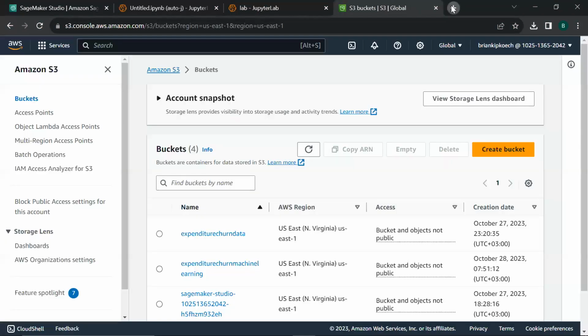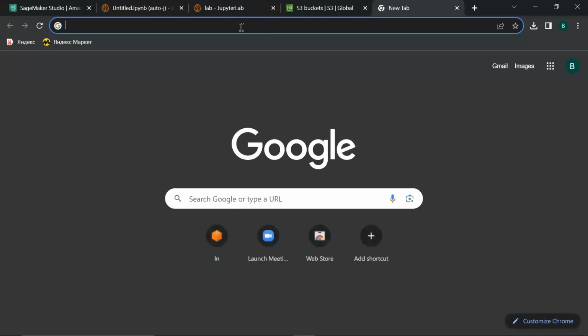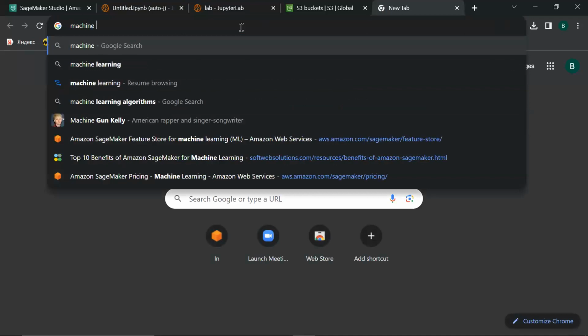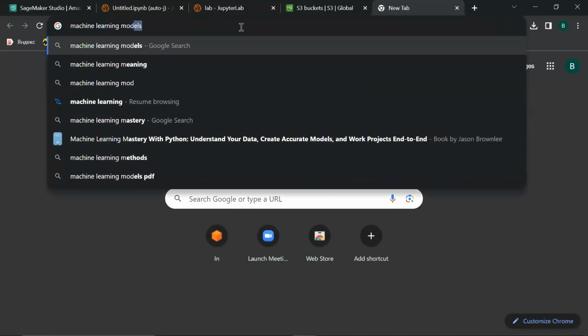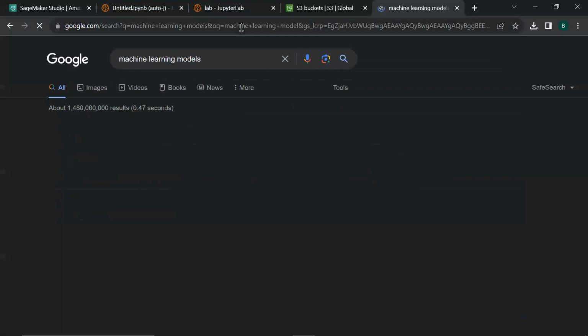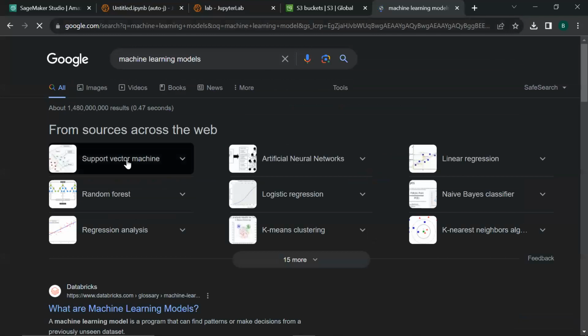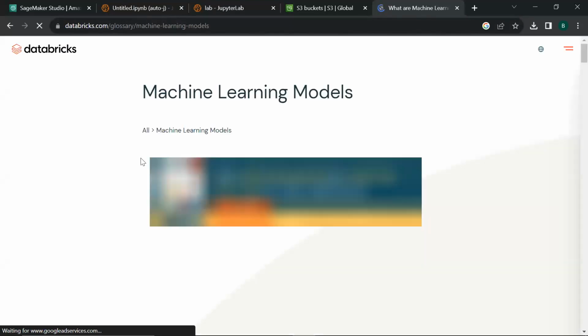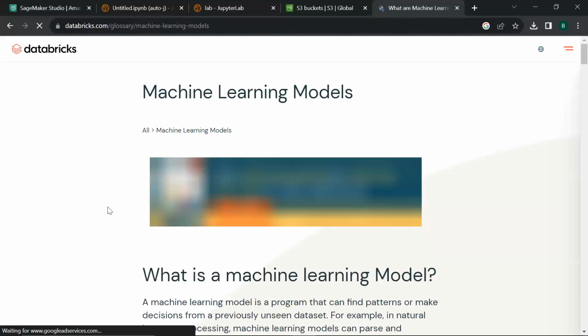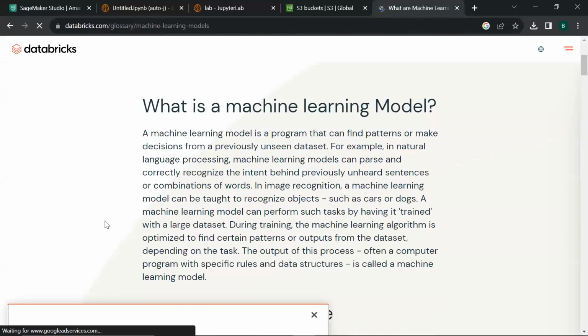So I'm going to consult with Google so that I can provide a better explanation. So let's search machine learning model. And someone might have explained it better than I did. Yeah, so this is a site called Databricks.